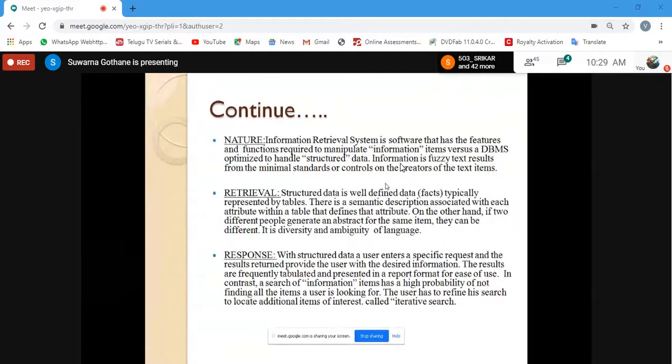The nature of the DBMS follows the structured one, whereas if we talk about the IRS, it has a fuzzy way of storing and retrieving information. Coming to this now, it is relatively the same.